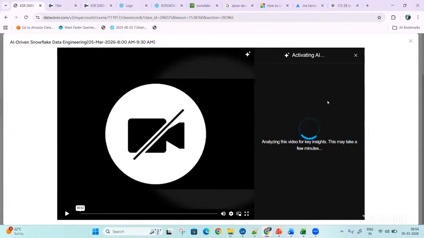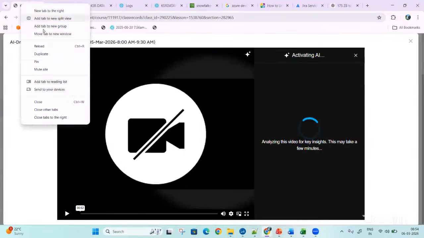As soon as you log in, you'll be able to see all these things, so that if you're stuck anywhere, you can go to that particular point and revise it. These are all there in your recorded sessions. It will take some time, 1 or 2 minutes, to analyze the whole video because it will go from start to end. It will analyze and give you sub points and all. Until it does, let me go and